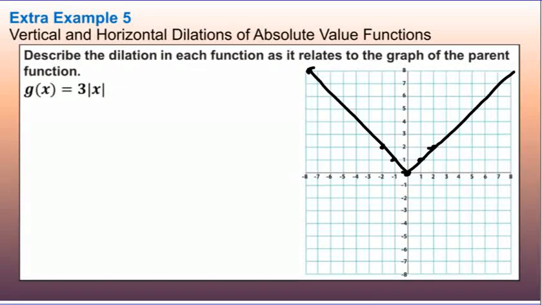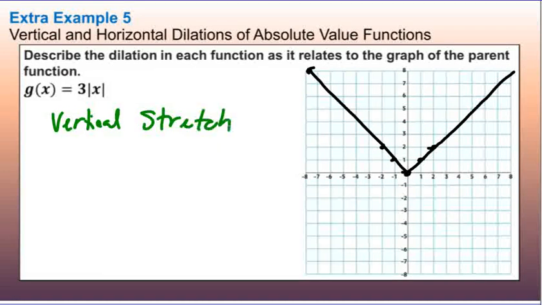This one is now saying we are going to dilate that. Since it's on the outside, this is vertical, and it's bigger than 1, so this is a vertical stretch. If I were to stretch it vertically,